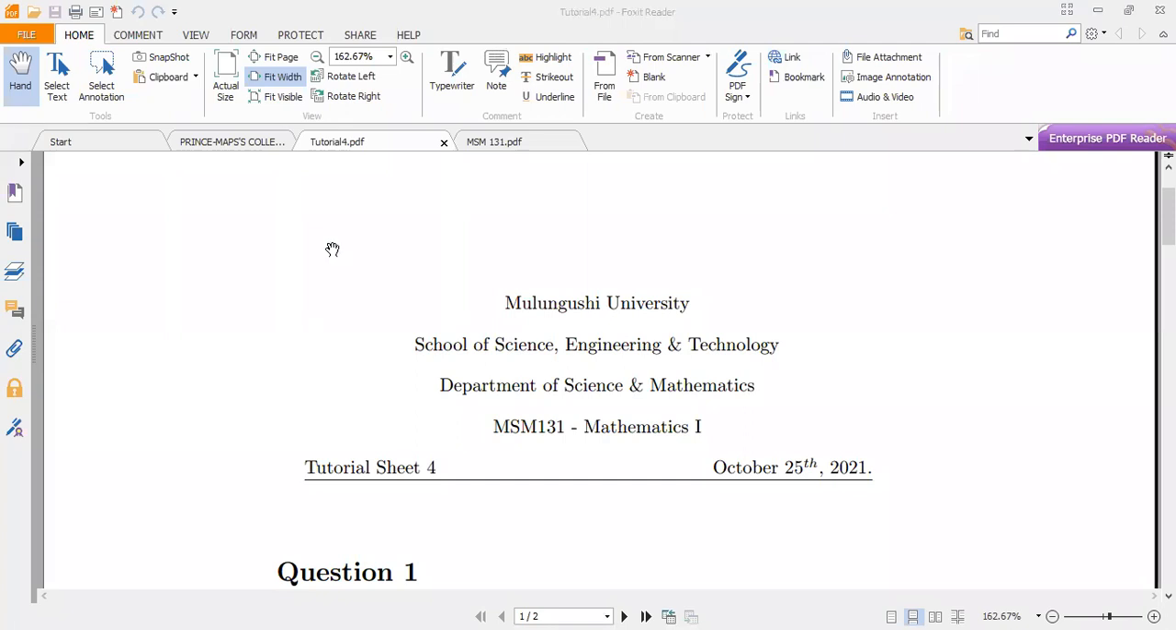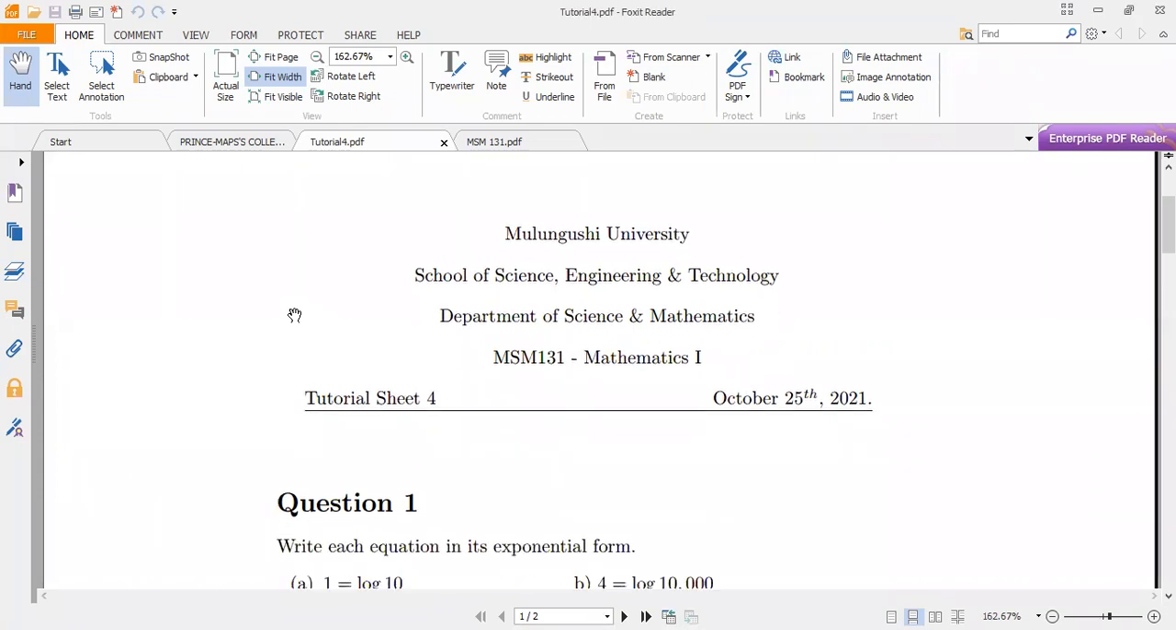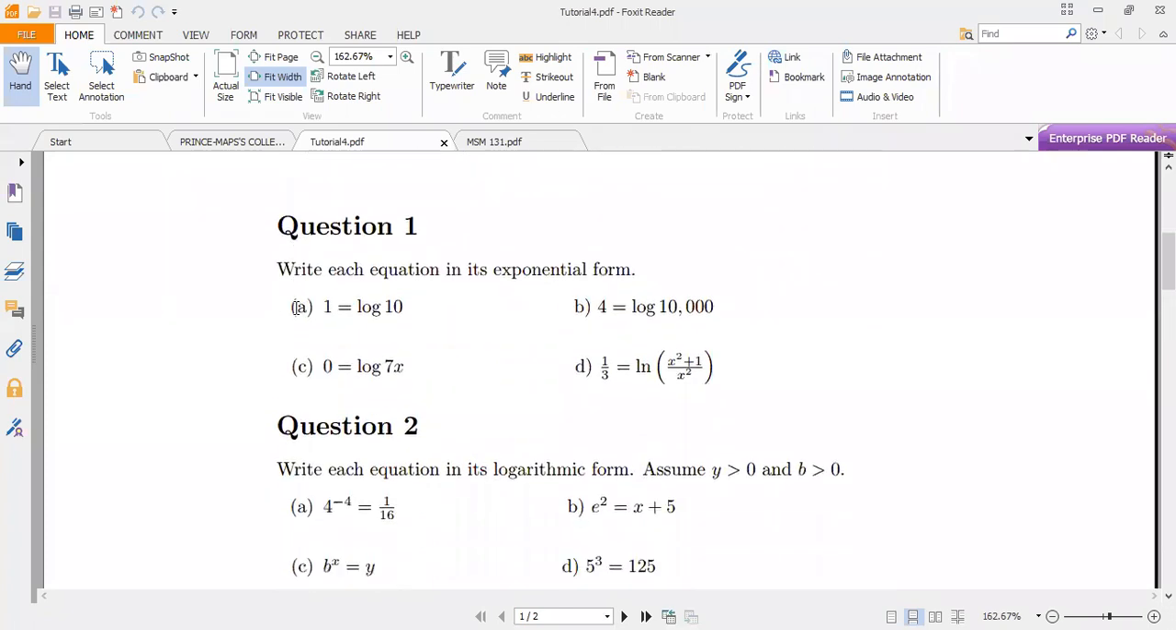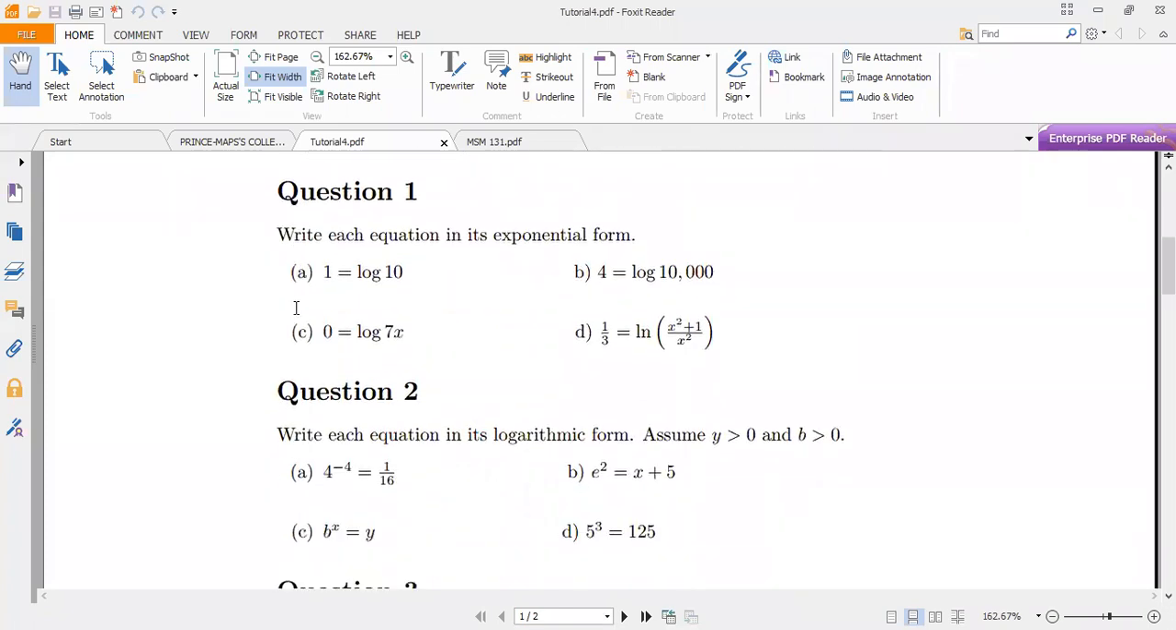All right, so last time we did tutorial sheet 3. So today we are starting tutorial sheet 4. We hope to finish this tutorial sheet so that hopefully a number of us will be half ready for the test. And most likely we can,